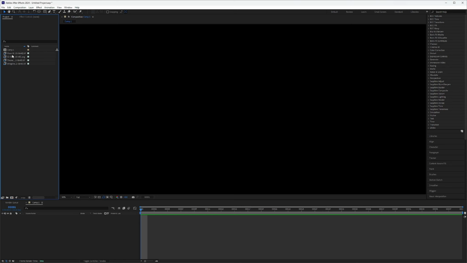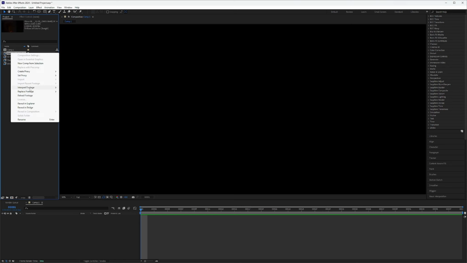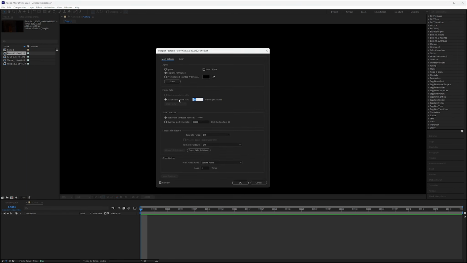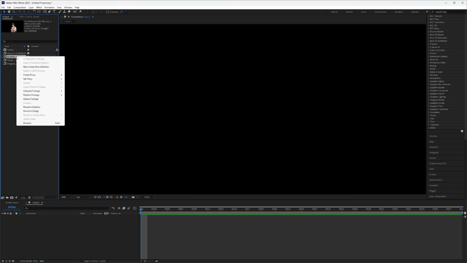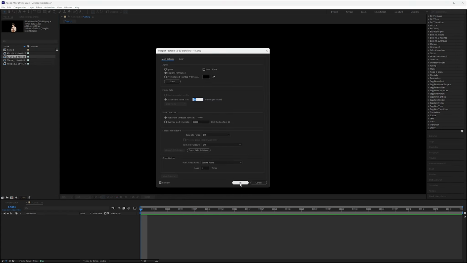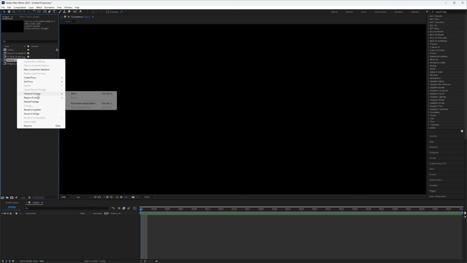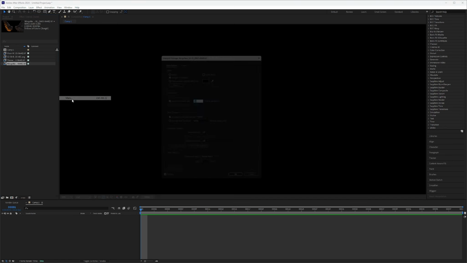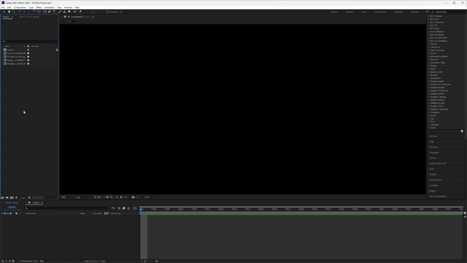Now, before you start dragging and dropping in, you want to go ahead and select interpret footage and just make sure your footage is actually reading 30 frames. Sometimes your sequences will show up differently, so just making sure it's at the correct FPS that you shot in. We're going to check every one of these. 30 frames, 30, and 30. All right, so we're going to go ahead and start dragging these in to our timeline, and we'll